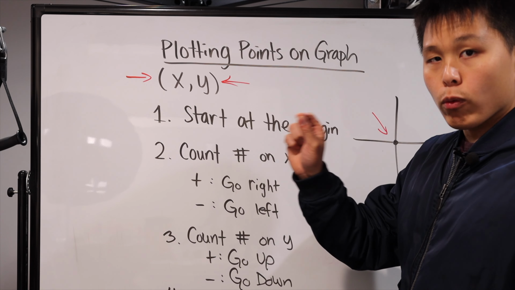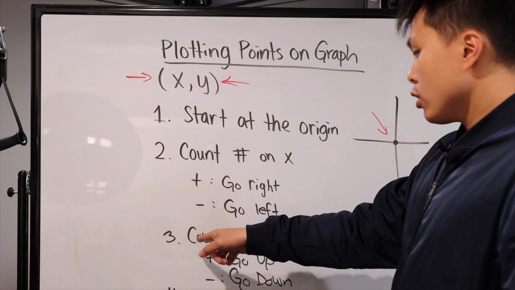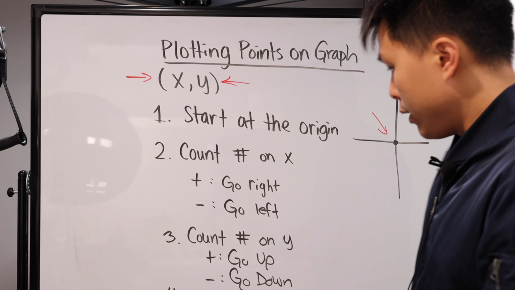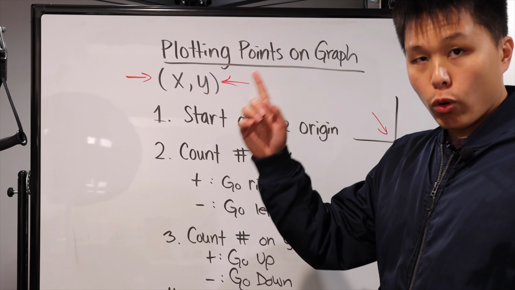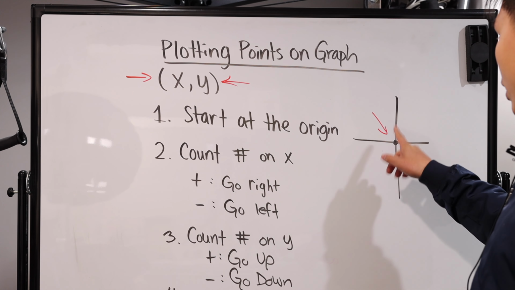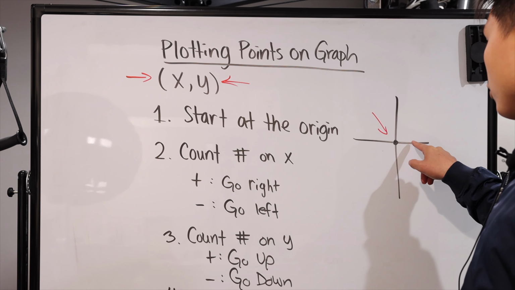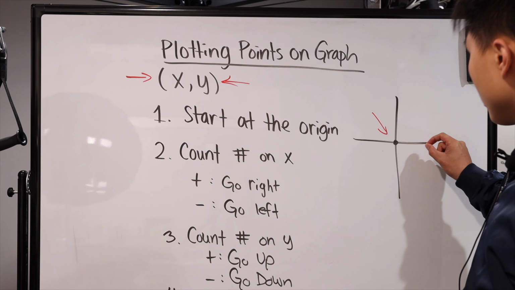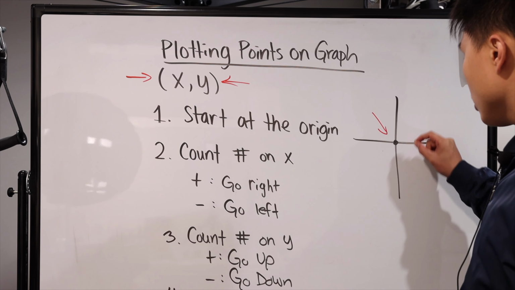You're going to hold it at wherever you counted at. Then you're going to look at step 3, which is count the number on the y coordinate. If it is a positive number, you're going to go up. If it is a negative number, you're going to go down, right? So wherever you are, if it's a positive 3, for example, you're going to move up 3. If wherever you are and it's a negative number, right, negative 5, for example, then you're going to go down